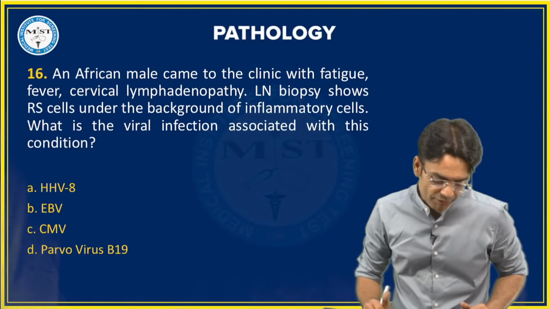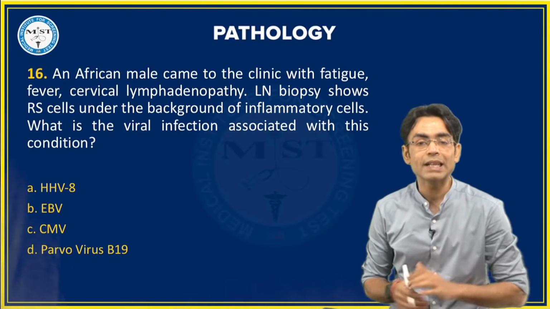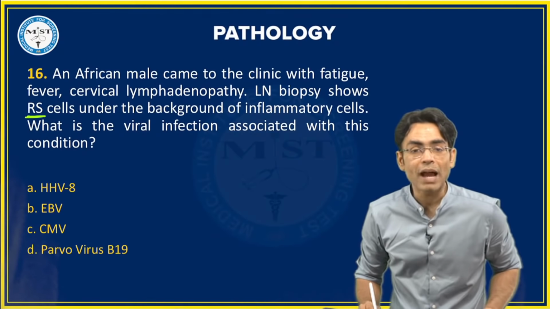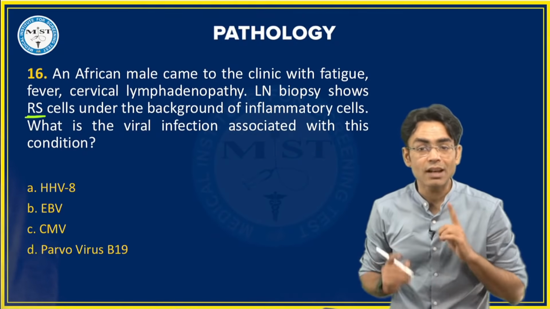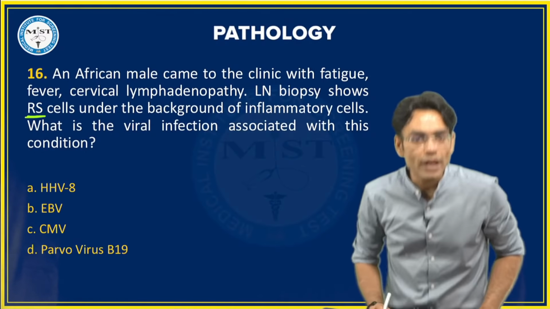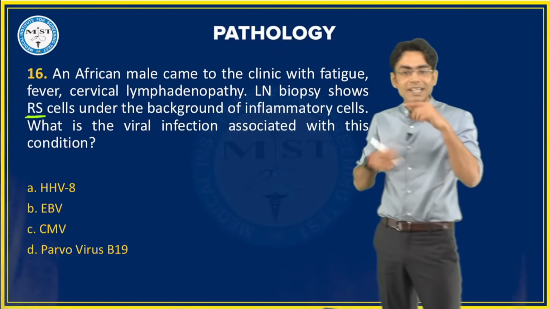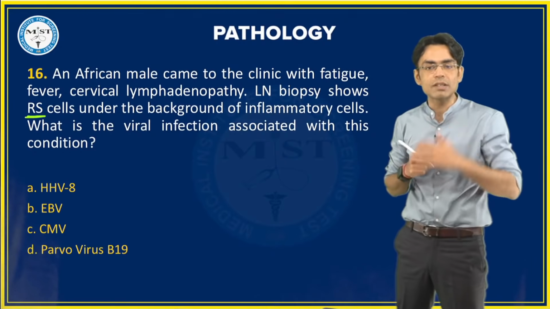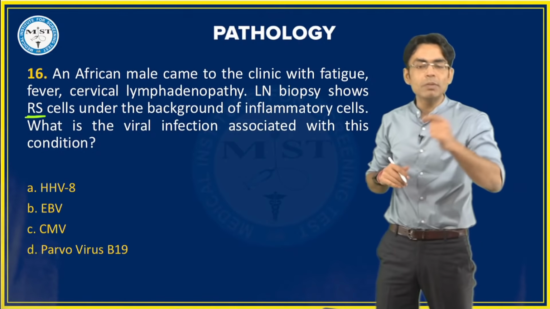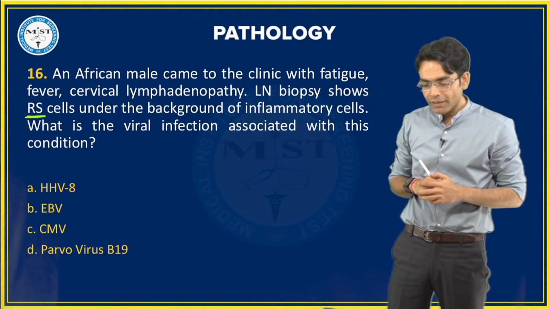Question 16. An African male came to the clinic with fatigue, fever, and cervical lymphadenopathy. Lymph node biopsy shows RS cells in the background of inflammatory cells. What is this RS cell? Reed-Sternberg cell. What is the viral infection associated with this condition? Whenever we see this particular cell, we are talking about Reed-Sternberg cell. Which disease is this? Hodgkin's lymphoma. So they are asking which viral infection is most probably associated with this kind of